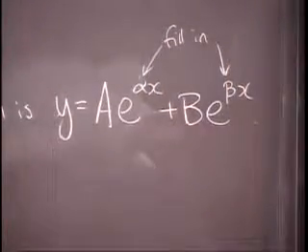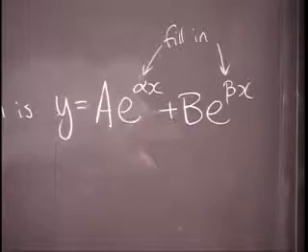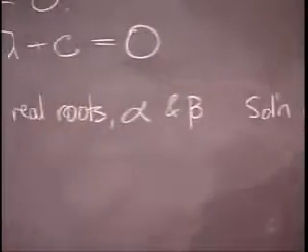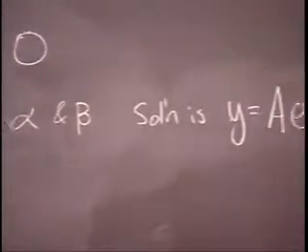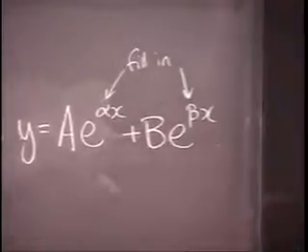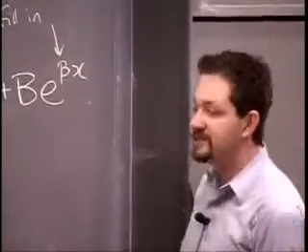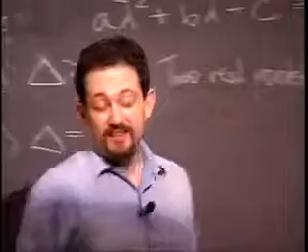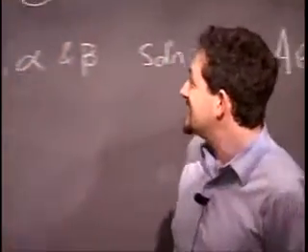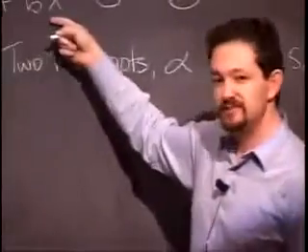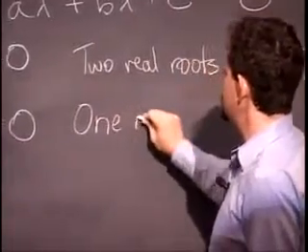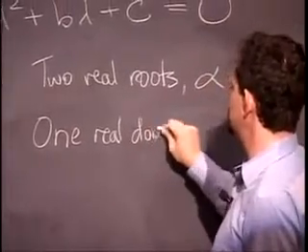So in this previous example, I followed this method exactly. I found the roots were 5 and minus 4, and I knew that the solution a e to the 5x plus b e to the minus 4x would work. So this actually works in general, provided that you have 2 real roots. Now sometimes you only have 1 real root. If, for example, precisely the discriminant is 0, that means that this has a double root. There's 1 real double root